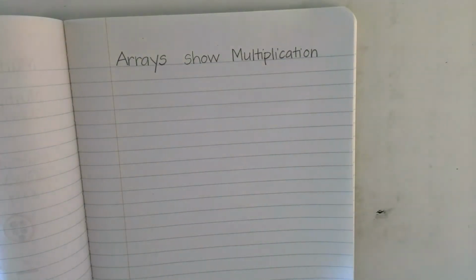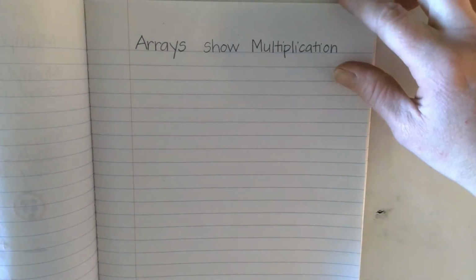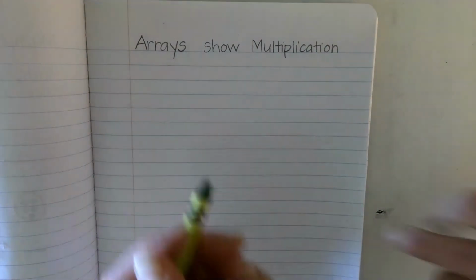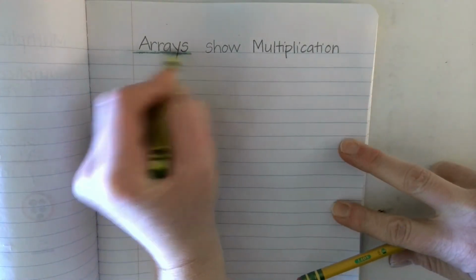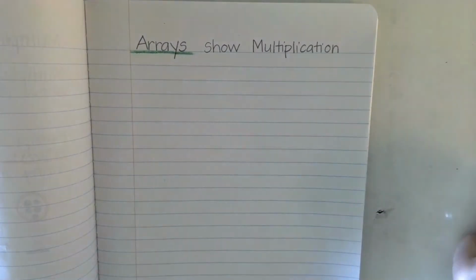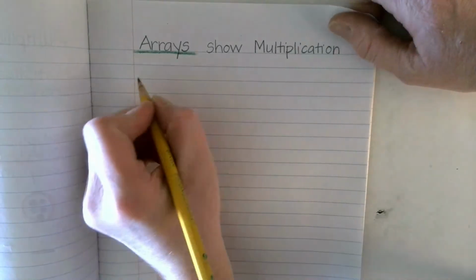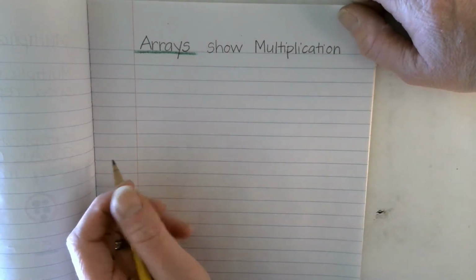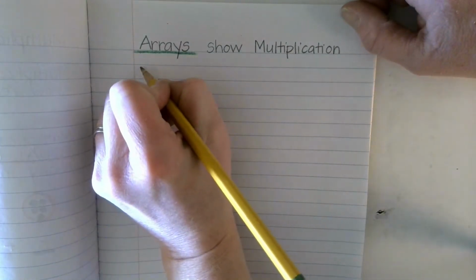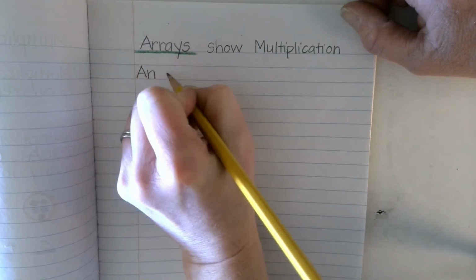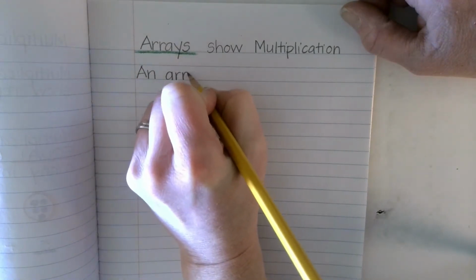And always, if I'm going too fast for you, you know what to do. Hit pause and get caught up. Please don't just try to rush and do sloppy work. You're going to underline the word arrays in green. Skip a line, and we're going to write an array